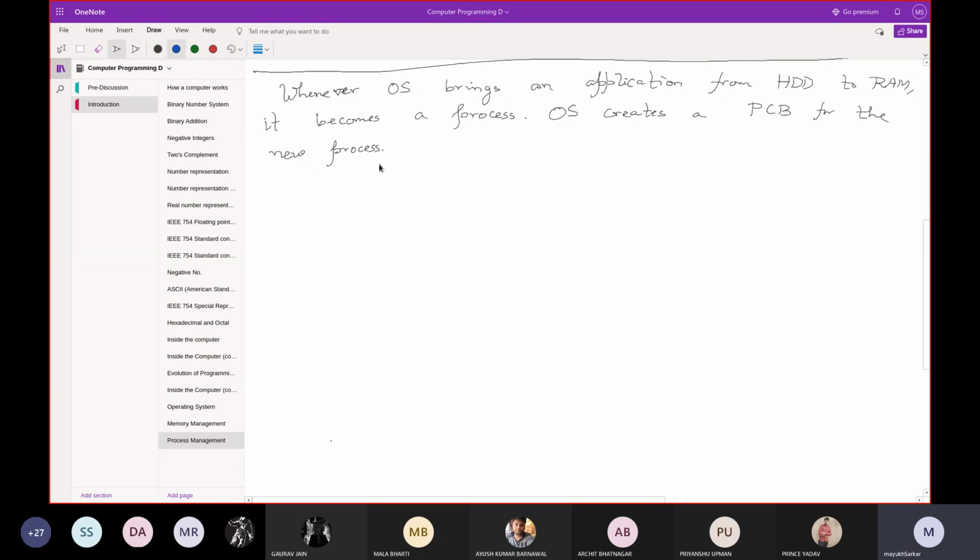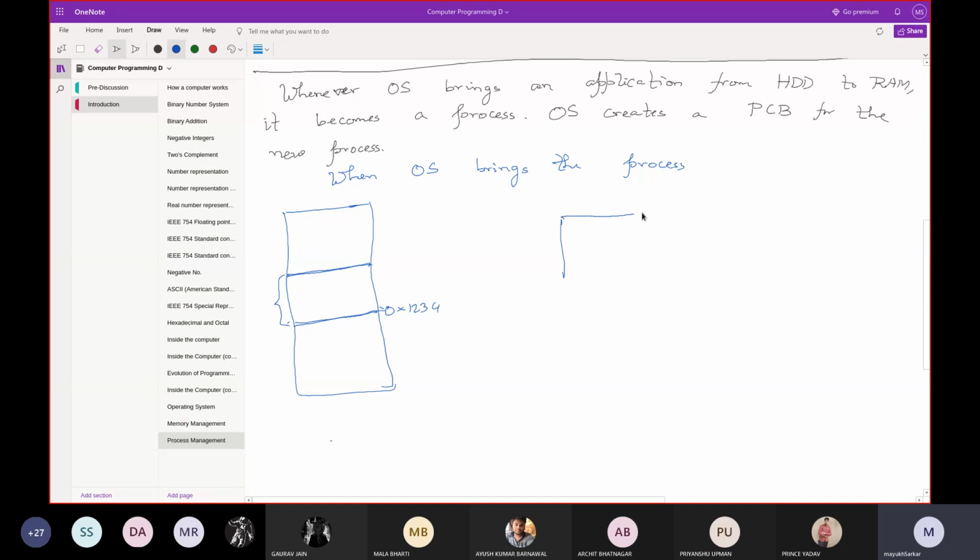what we have seen till now is that when the OS brings the process, suppose in the RAM, this is where the first instruction, the first frame, if you can remember our yesterday discussion, has been brought at some particular address, say 0x1234. It tells the CPU that a new application has arrived at the address 1234, start executing that.